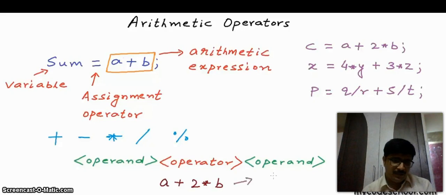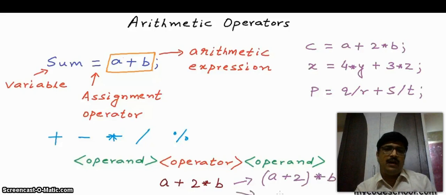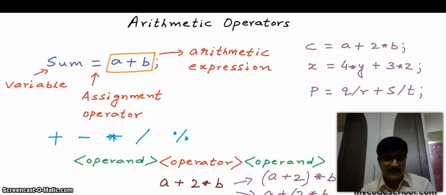If we perform this addition first, then the addition operands are a and 2, and for multiplication the operands are a plus 2 and b. But if we perform the multiplication first, then the operands for multiplication would be 2 and b, and the operands for addition would be a and this expression 2 into b.